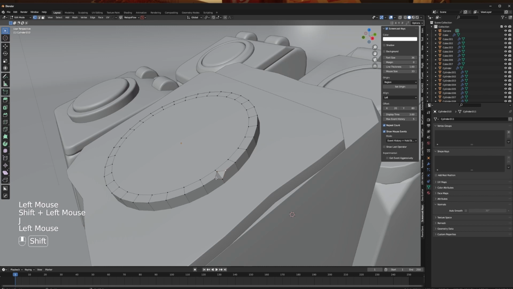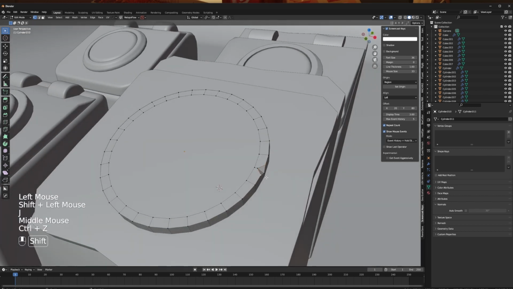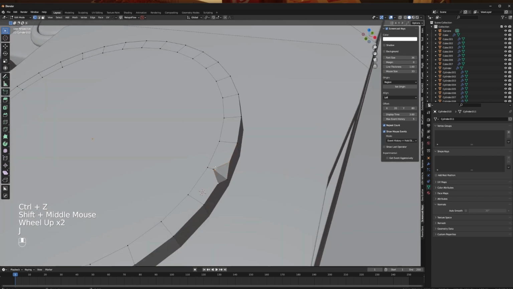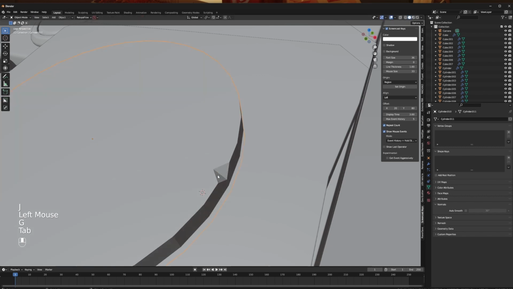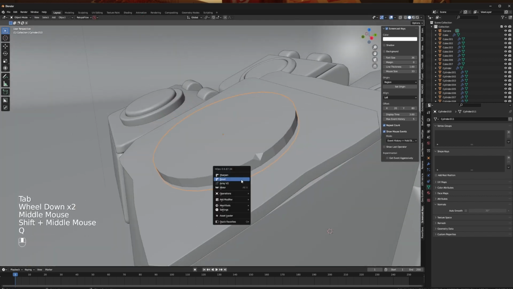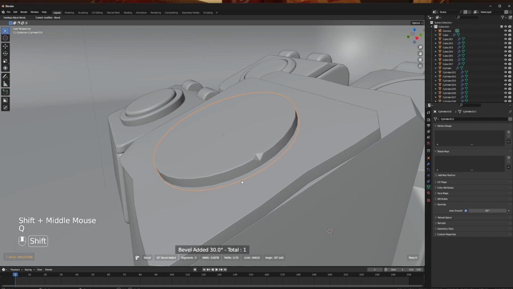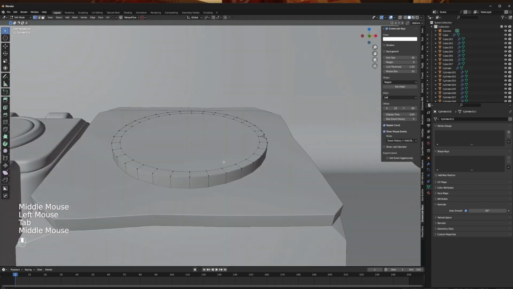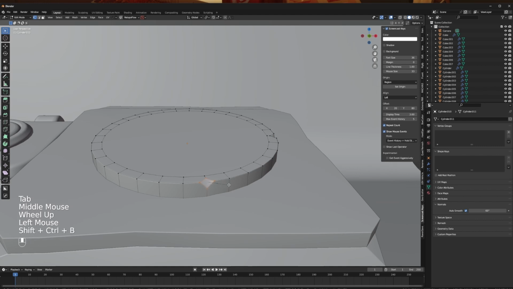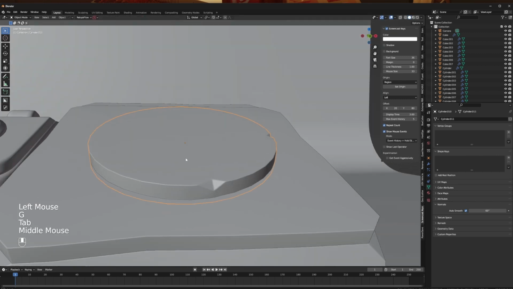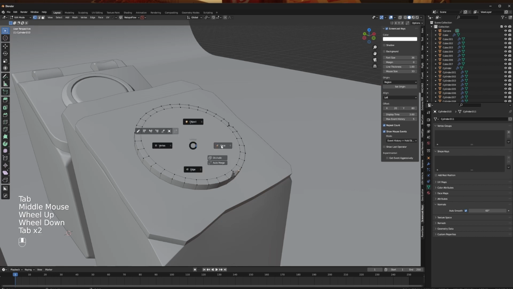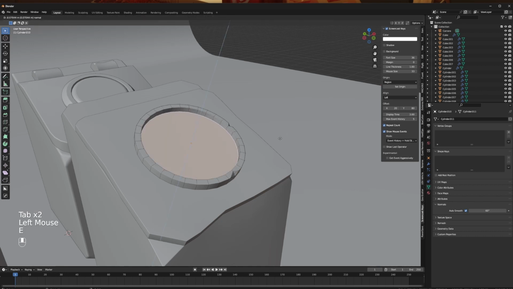We join that so there's more support. So we can slide this one. So yeah, there we go. Okay, so add bevel to it, just a little bit. Okay, so now we're gonna bevel some more. Okay, so we're gonna push it so that it has more variation. So I guess that's enough for now. So we're gonna extrude,